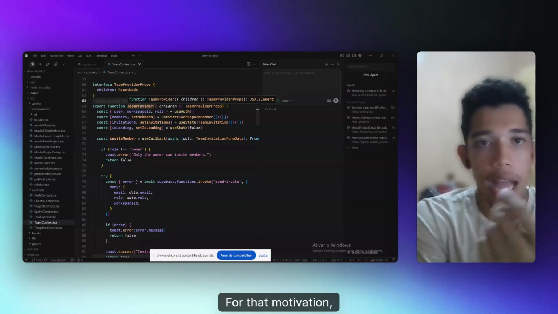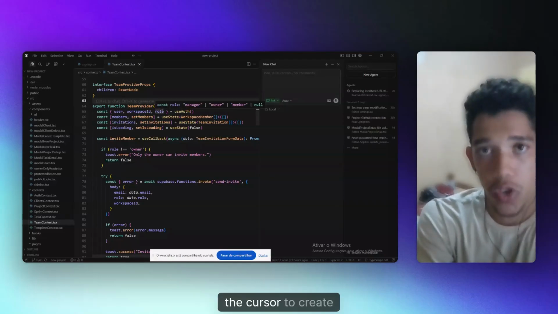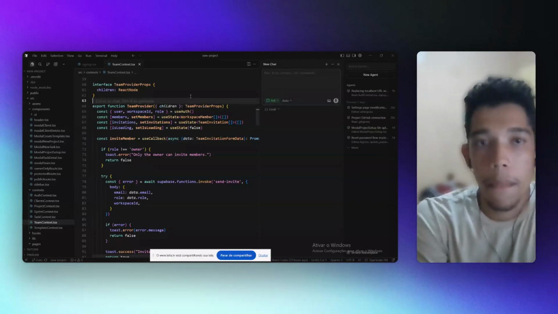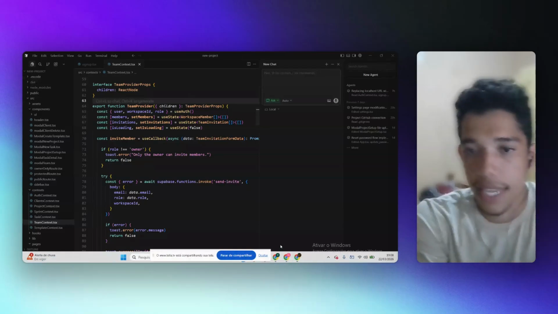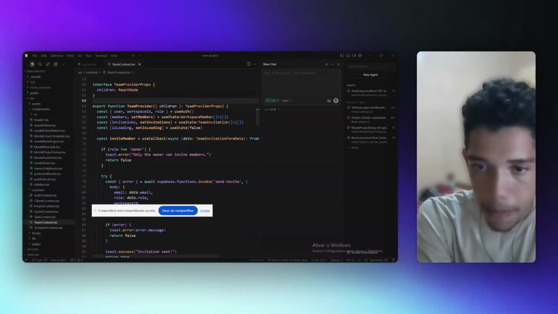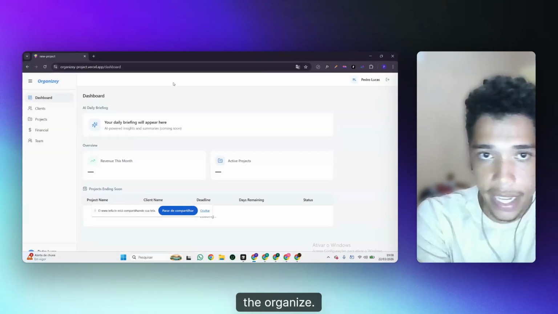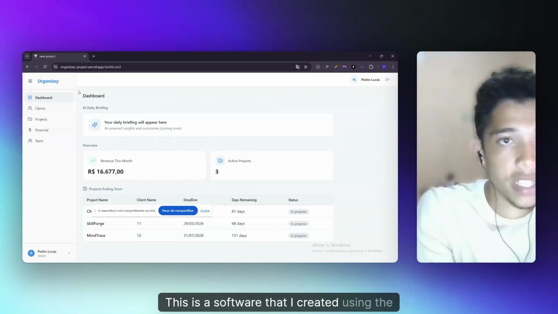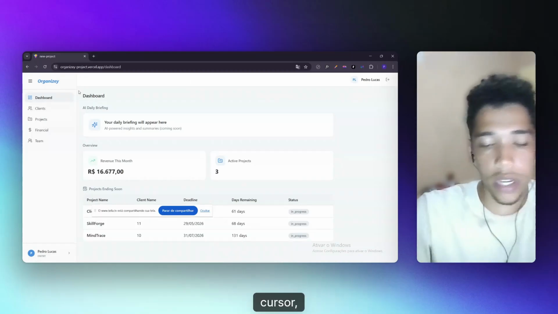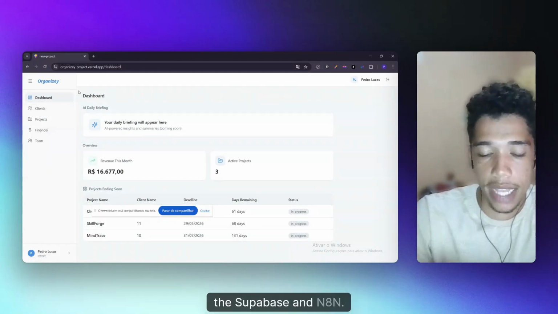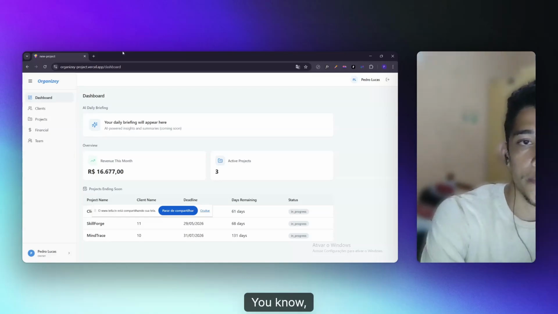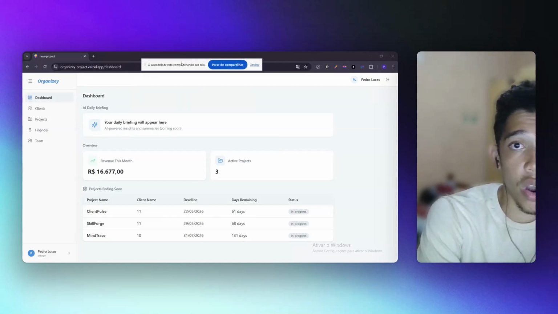For that reason, I used Cursor to create a new project, Organize. This is software that I created using Cursor, Supabase, and N8N. You know, it's a very complex system.